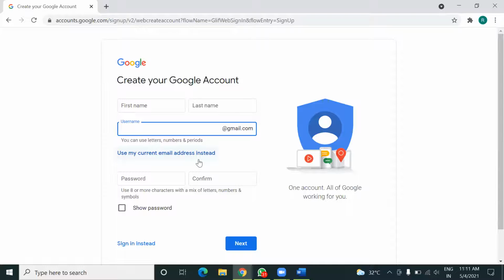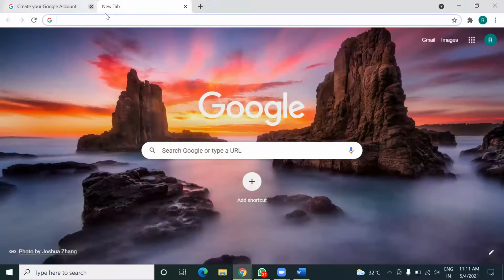Then you have to fill in a password and confirm it. Then after clicking on next, you might have to put your phone number sometimes in order to verify your account, and then you will easily create your own Gmail account. I think everyone knows about this.